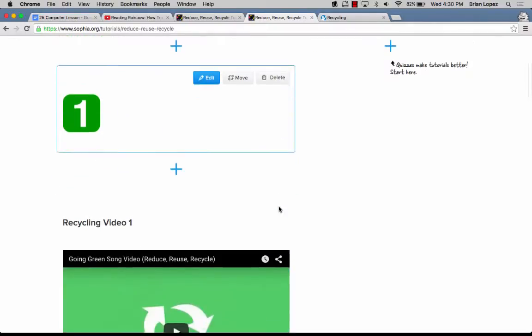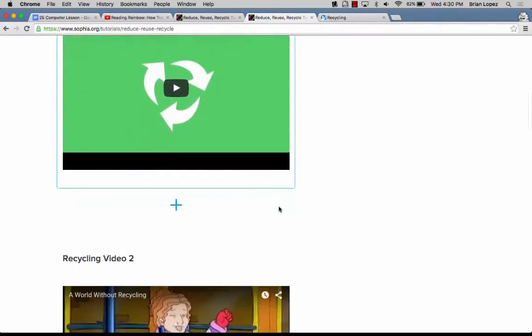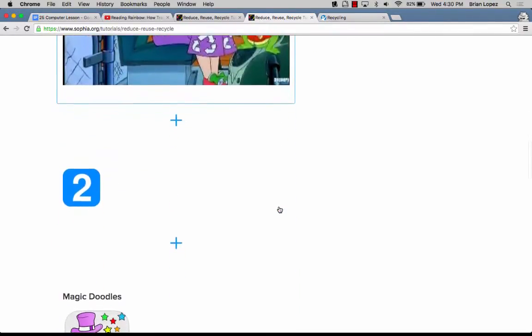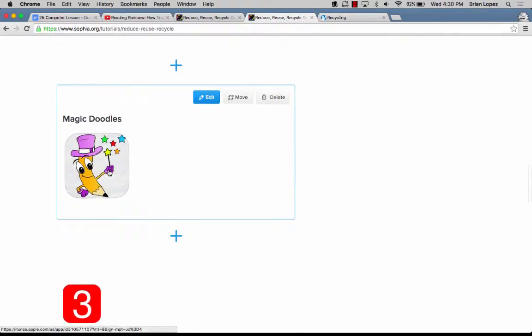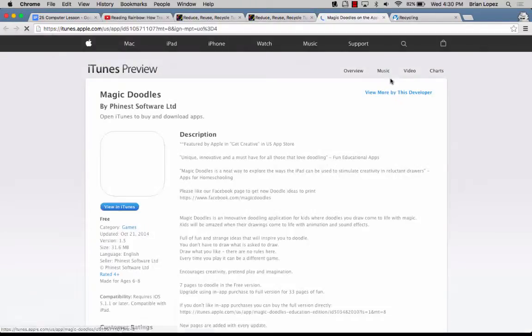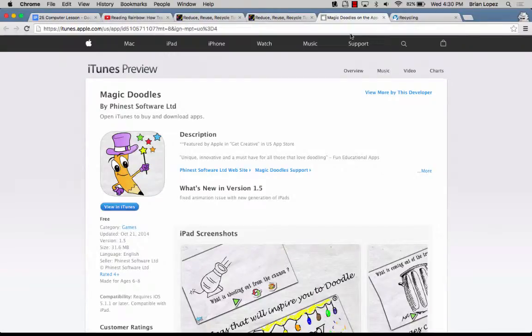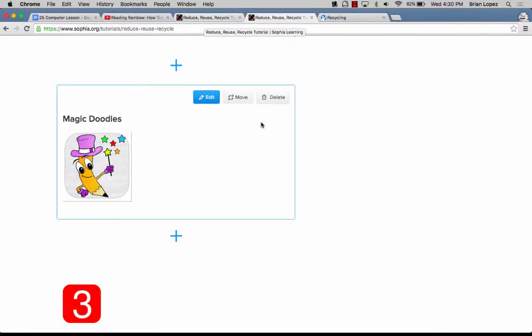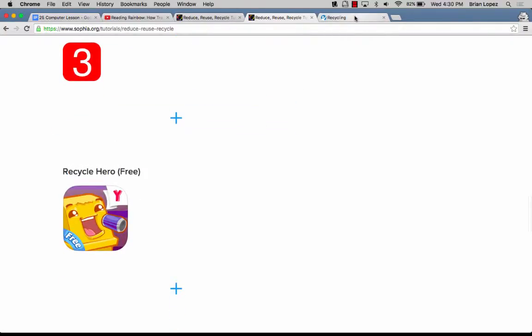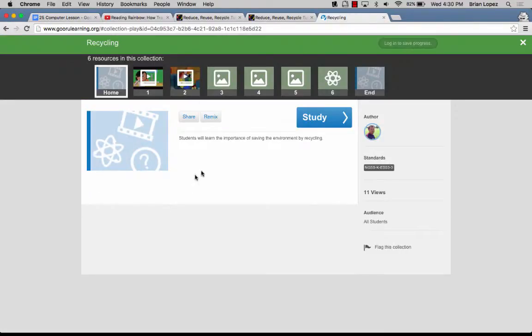So it would have a number 1, and they would follow it like step 1, they watch these 2 videos. Day 2, they would use this app, and you would click on that link. It takes you to the app, so it tells you about the app, or the app will be pre-installed on their device. But because that didn't work, I went ahead and went to Guru Learning, and I created this to